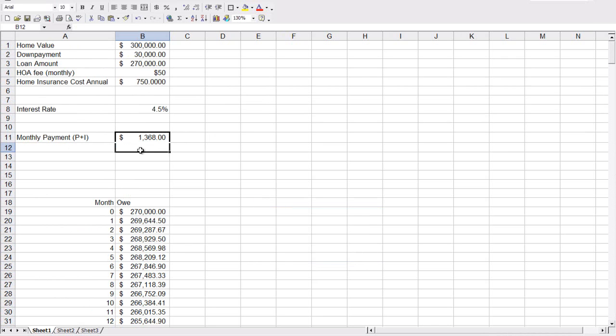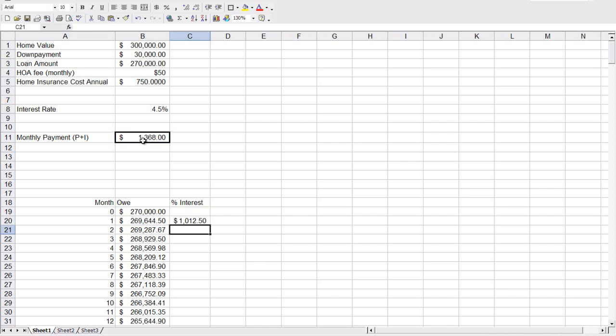Now the other important thing to know here about owning a home is that you get a tax deduction with the amount of interest that you pay. So let's make another column here, percent interest, and your interest is going to be monthly payment minus the difference between how much you owe. That minus that is basically how much principal you gained on the home. Subtract that from your monthly payment, and here you go. That's your interest in dollars. Let's turn this into a percent. So we take this whole thing and divide it by the monthly payment,